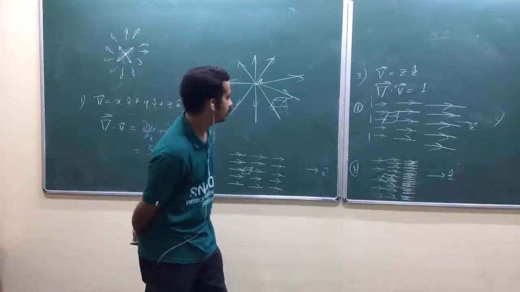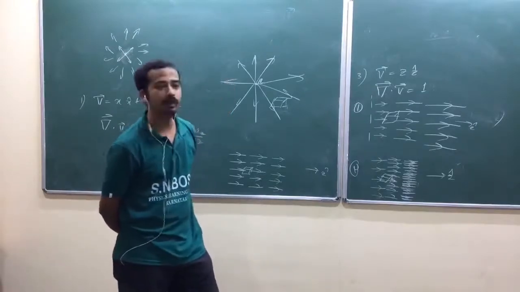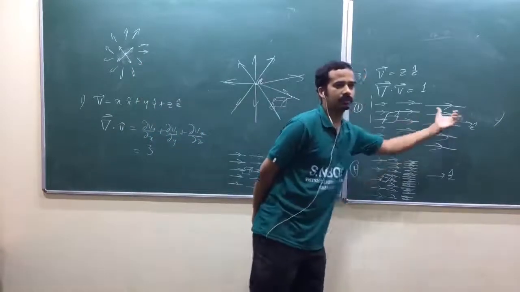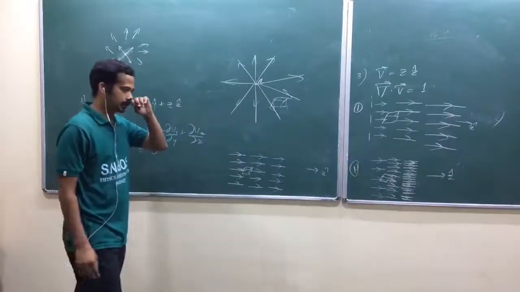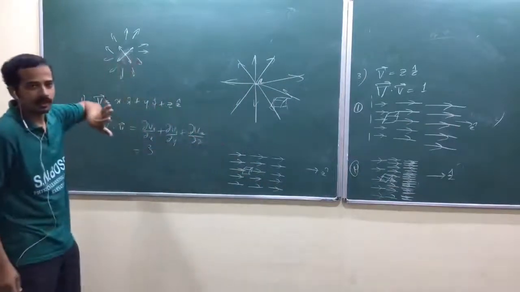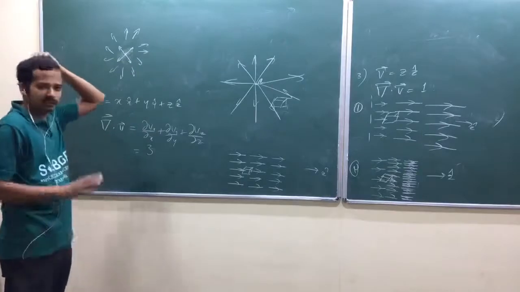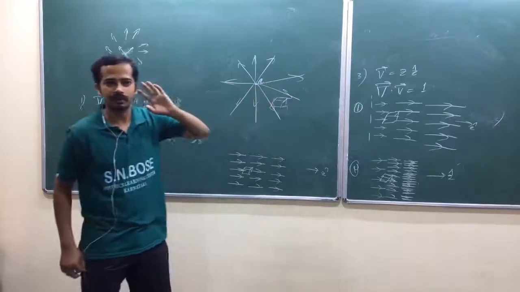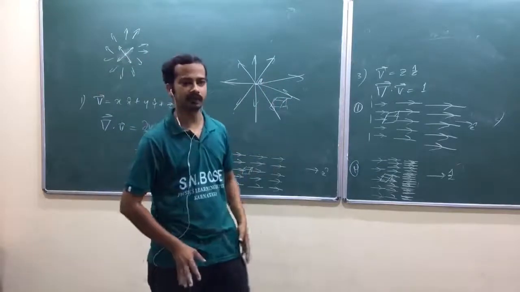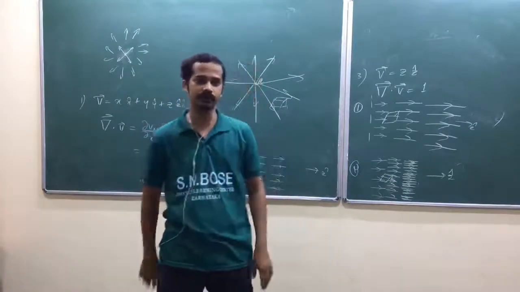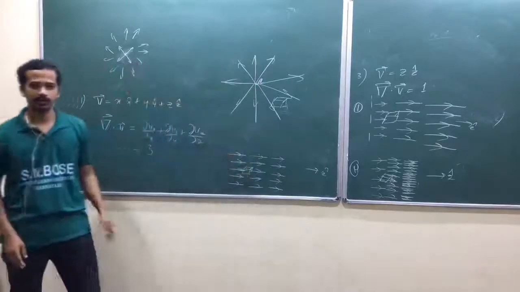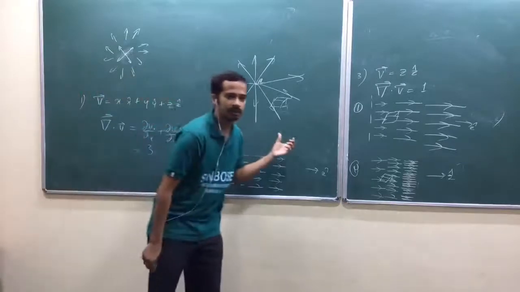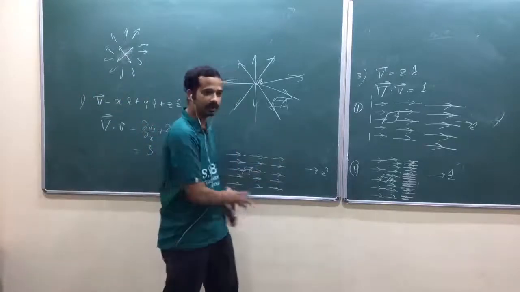Now, look at here, we have two ways of representing that one. One is arrow length, decrease or increase the arrow length. The other one is this one. But actually we have to go in the reverse way. I should not draw this one first, I should not interpret. I have to first take Coulomb's law, define electric field, then take divergence, show divergence is 0, then try to draw this one. Whatever method I followed earlier was correct. First I have taken the question, then the divergence, then I try to draw that one.